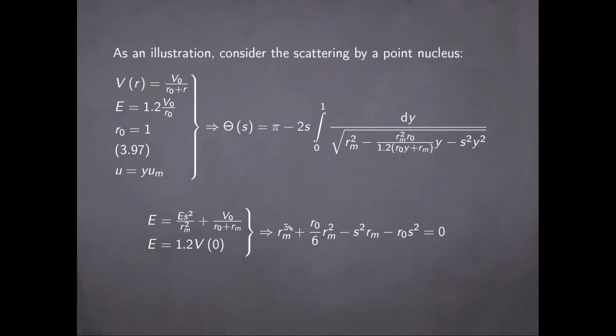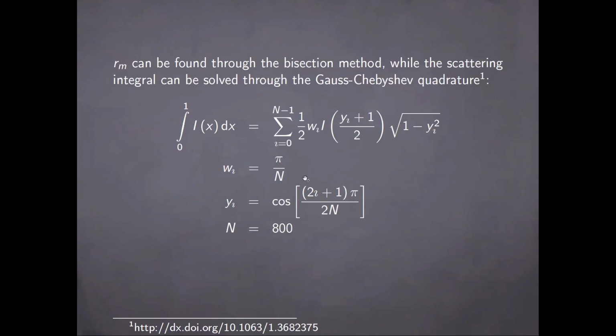And putting the two together, we obtain a cubic equation for the periapsis parameterized by the impact parameter. And this equation can be solved through the bisection method, while the scattering integral itself can be solved through the Gauss-Chebyshev quadrature. And I've linked an article where this is